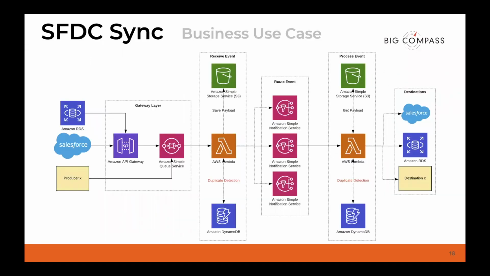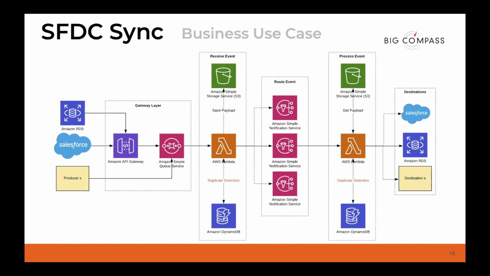Okay, so we're going to start to talk about the use case that we set up for our demo today. And we're going to talk about how we implemented some of those use cases that I just talked about. The project that we put in effect for the demo, and it's actually working for us internally, is that we had the ability to sync Salesforce.com data with the target system. In this case, that target system is a relational database table in AWS RDS. And we did this because we see this use case coming up a lot more with the rise of Salesforce.com.